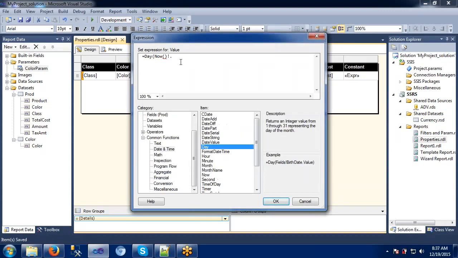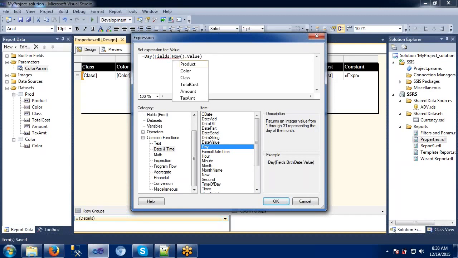What I'm trying to do here is take from the system date and display the day from there. It's giving me a syntax error here. I don't have a birth date here, so for that I will use now. It's not giving me a value.